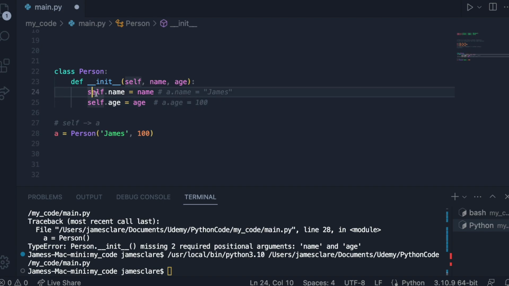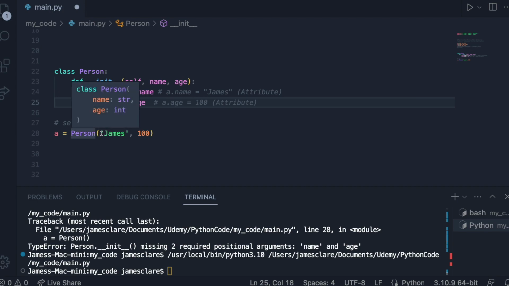And we call these two things here attributes. An attribute is just a piece of information, that's all it is. A piece of info that sits inside a variable. So in this case we can say our person class has two attributes, name and age. Those attributes are passed in here when we created a person